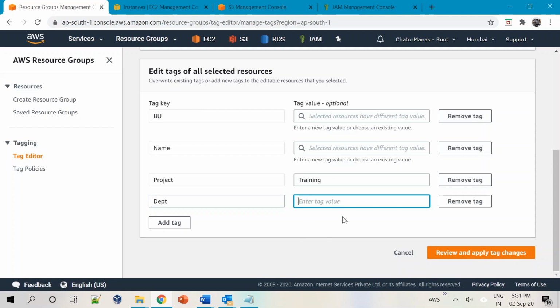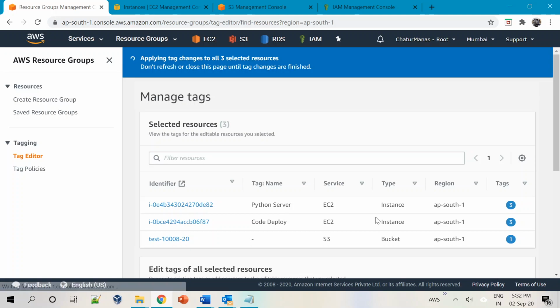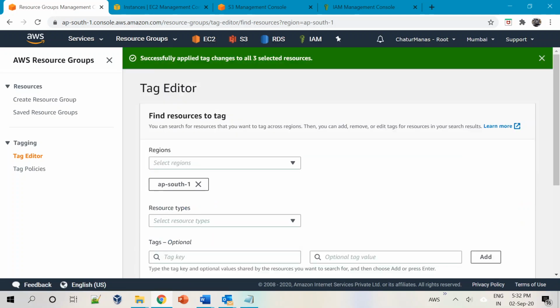So I'll choose department and I will say all these belong to an HR department. Okay, and if I want all the BUs or the Name to be mentioned, you can mention that. So I'll just leave it as is, and I'll just say department as HR, and I'll say review and apply tag changes. Then it will say yes, selected all the three resources. Just go ahead and do that. Yes, successfully applied tag changes to all the three selected resources.